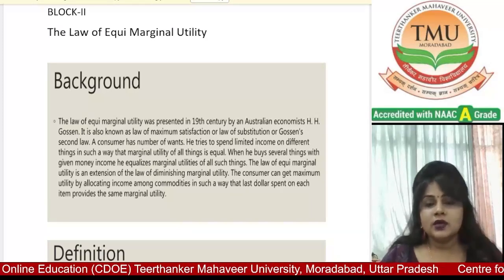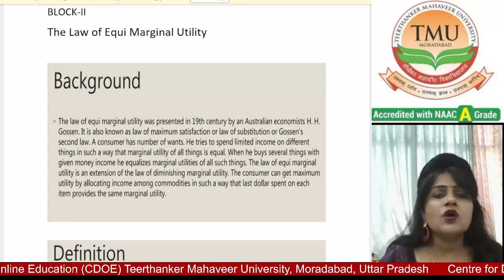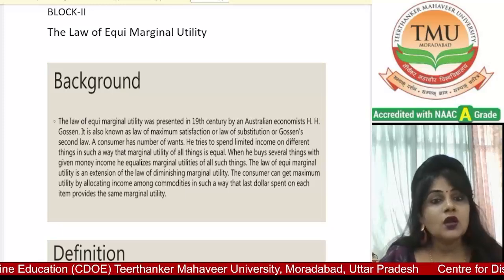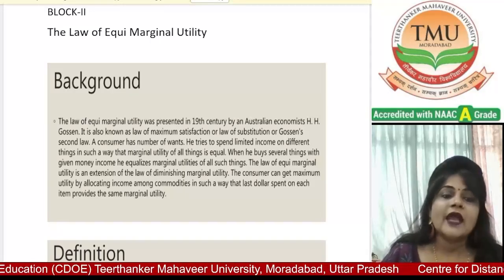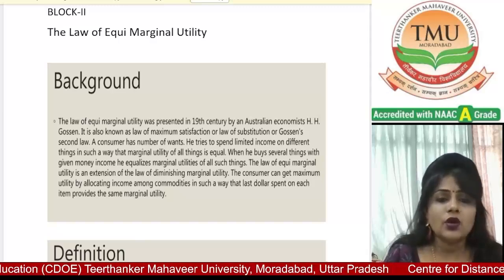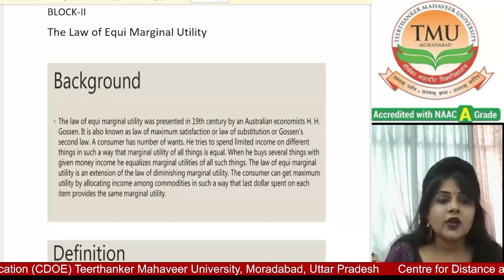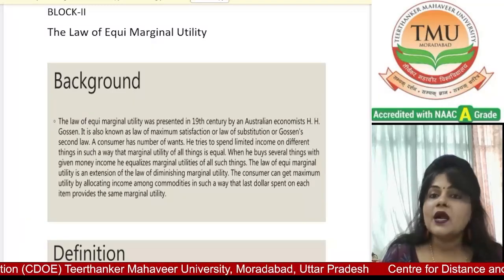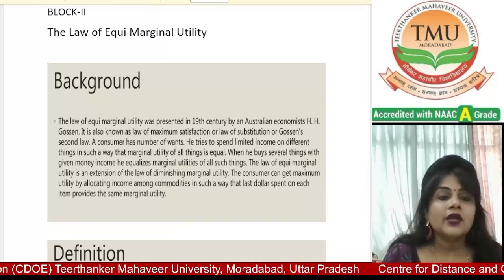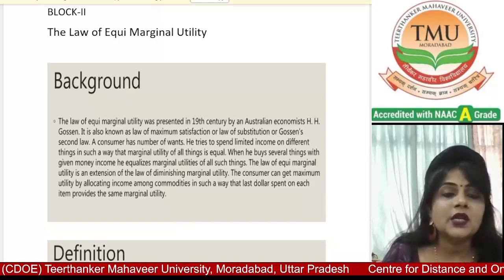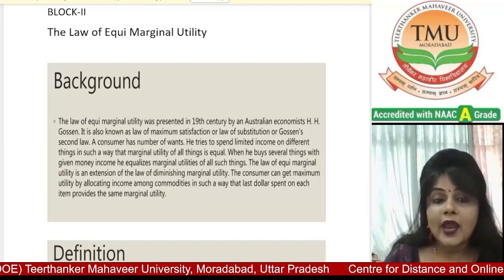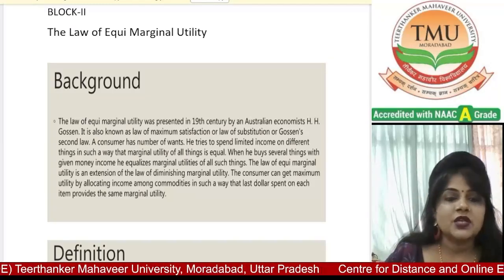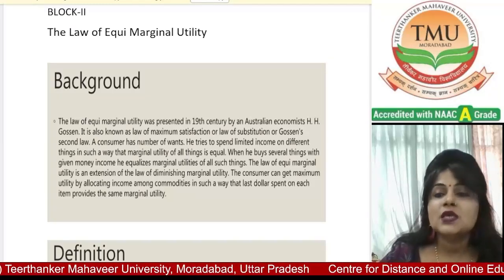This law was first propounded by Gossen in the 19th century, and it is also called the second law of Gossen. Marshall called it the law of equal marginal utility. According to this law, in order to get maximum satisfaction, a consumer spends his income